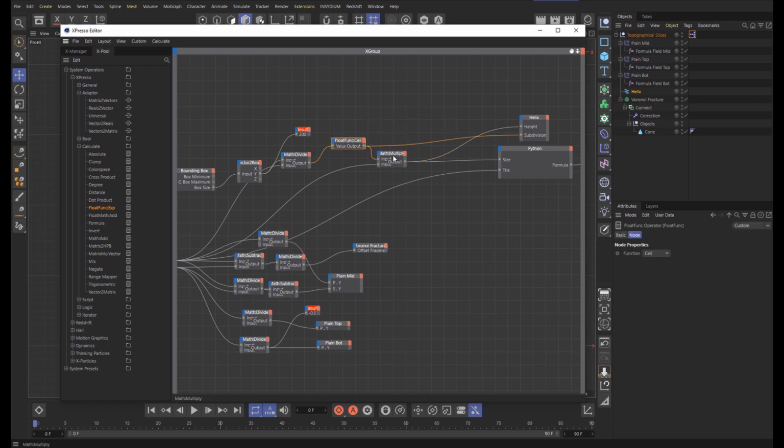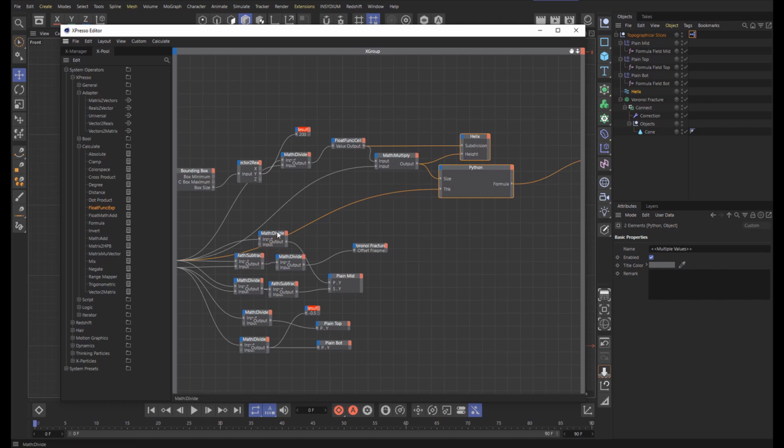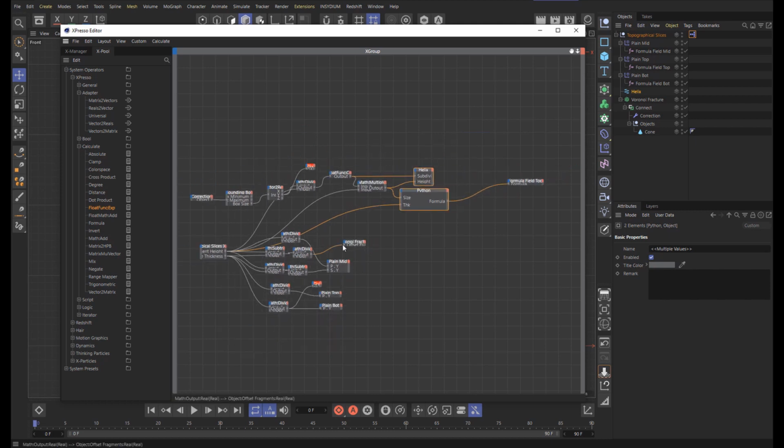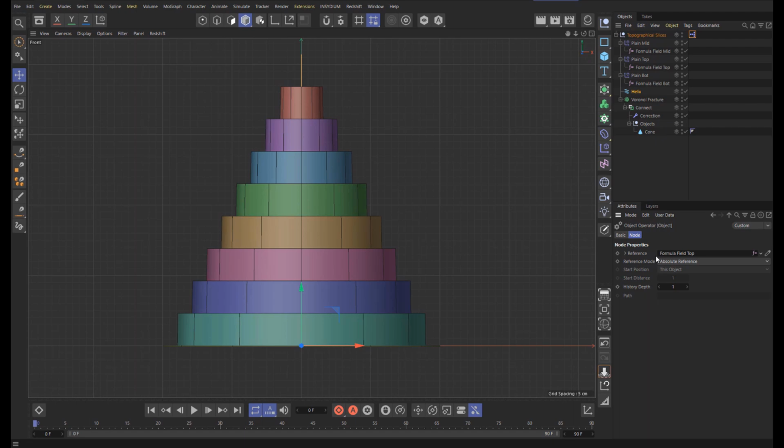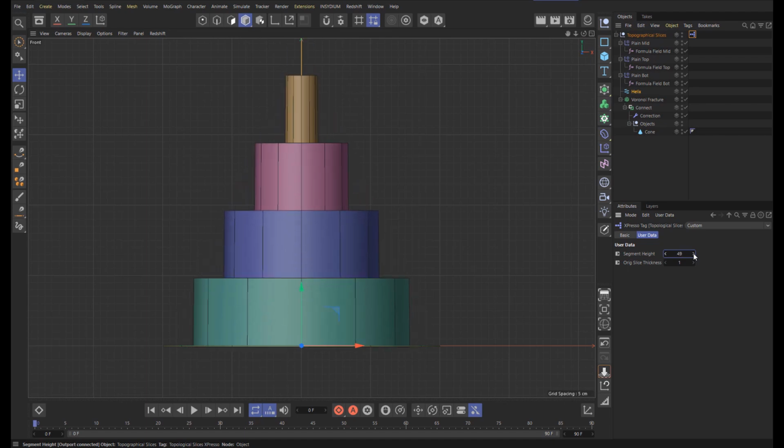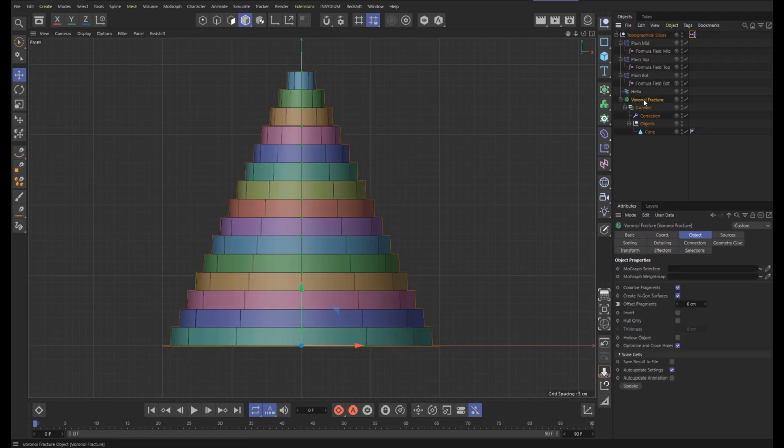All right, that's not too bad. Did that fix it? Yes, it did. So now we should be able to have any segment height we want, and it will automatically adjust the size of the helix spline,